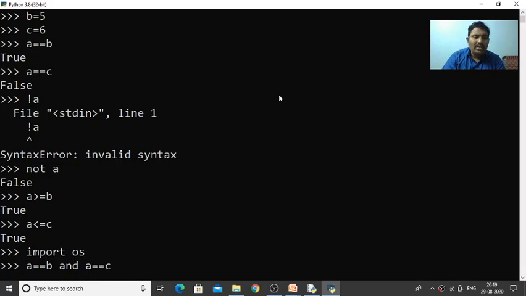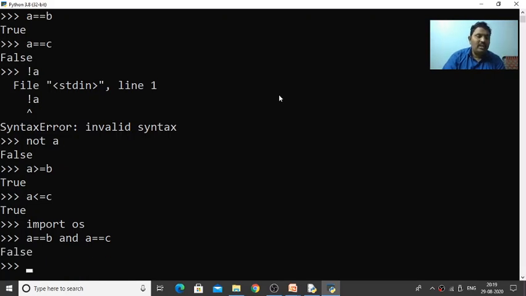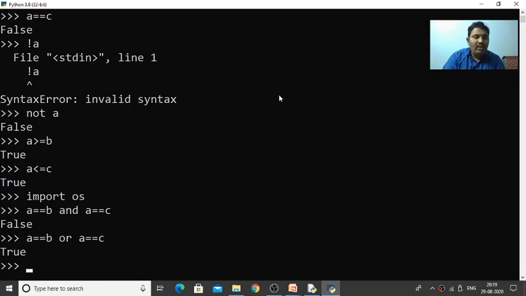But here it is true and false. That's why we're getting the false answer. I think you understood that. For example, the same statement, if I use it with the OR operator, it is going to give me true. Why? Because if any one thing becomes true, then automatically the result is also true. So this is how we can use the not operator, AND operator, and OR operator, and also relational operators